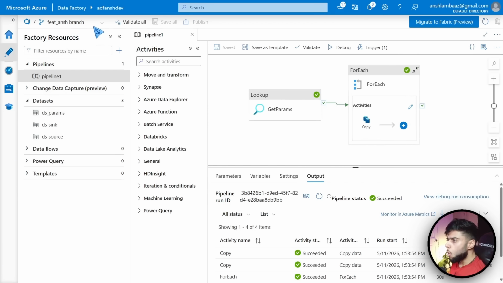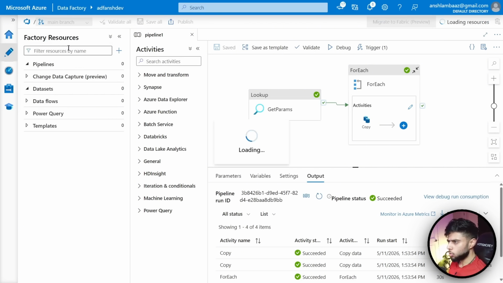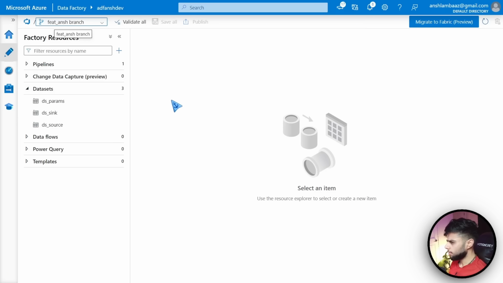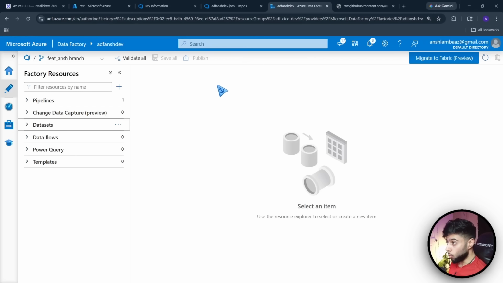So now all of the changes are actually only in this branch and nothing is on the other branch. I can just show you. If I go to any other branch, let's say main branch, you will see nothing. See, zero pipelines. So everything is only here in my feature branch. That's amazing. Yes, all of the things are here. Even if I go to my ADO, I will not see anything